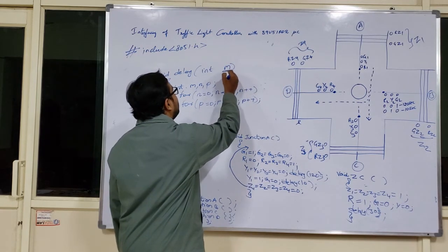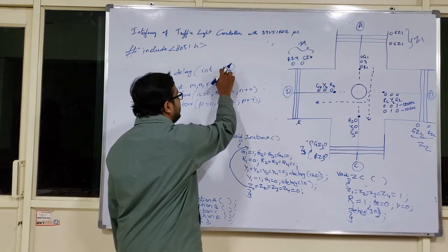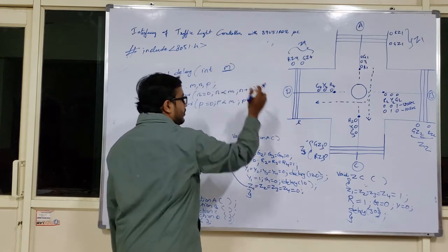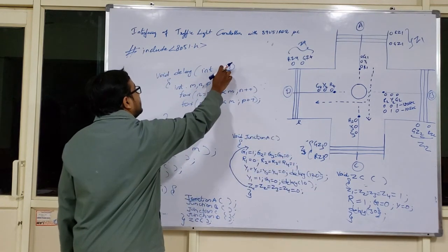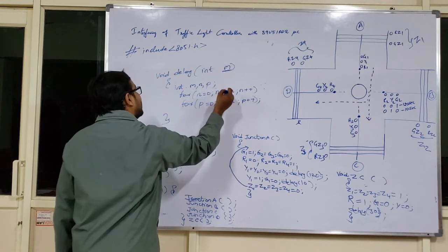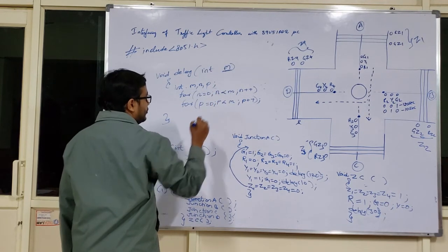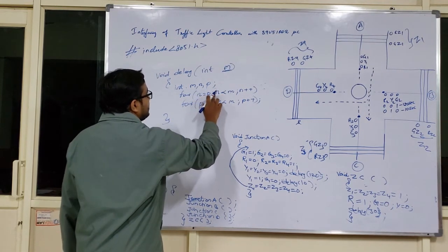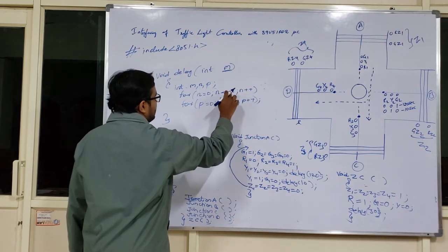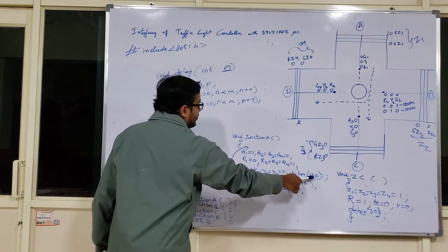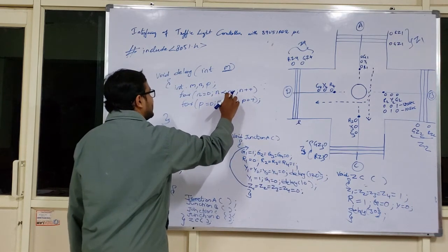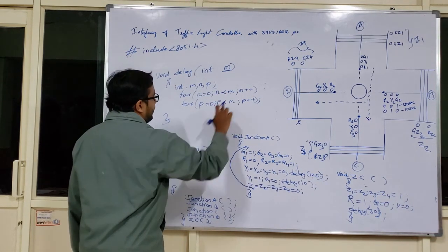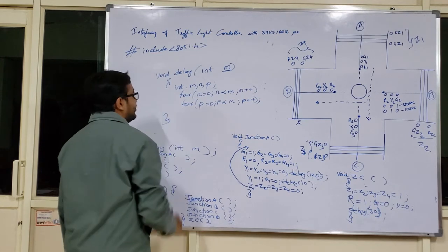So what is the parameter inside the delay here? m. It is of type integer. So this value of 120 is passed here, and this 120 is extracted into the definition or into the program. Like for n equal to 0, n is less than m, n plus plus. Instead of m, the value present in the argument will be substituted here. Similarly, for p equal to 0, p is less than m, p plus plus. So hence close the definition.